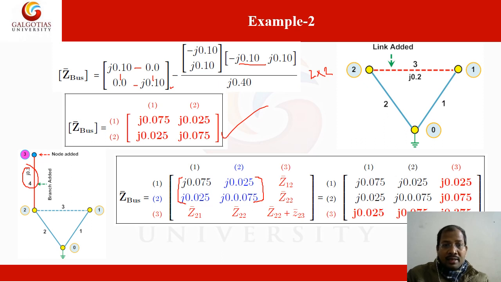And we are adding this bus 3 through the network bus 2. So blue color represents in, we have to select this value to here and these rows to here in place. Because this new bus is added to bus 2, that's why we have to take this second column and second row here and second column here. And here you can add Z22 plus Z23. Z22 this value and Z23 here they have given. So you can add and we are getting this 3 by 3 matrix.